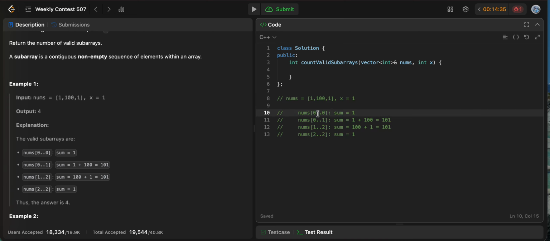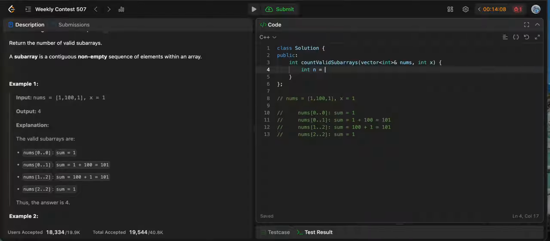Now we can go with the very brute force approach, which is very simple. We go through every subarray, calculate its sum and check, calculate its sum and check. I will show you the brute force and then write the code only for the optimal one. In between you can try it yourself and write in the comment section.